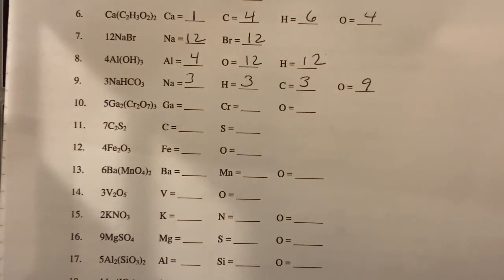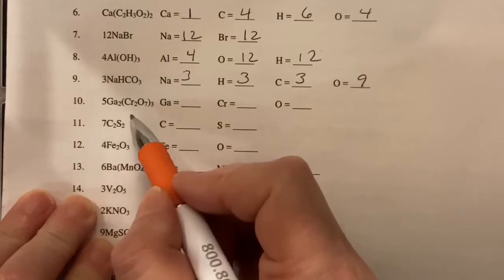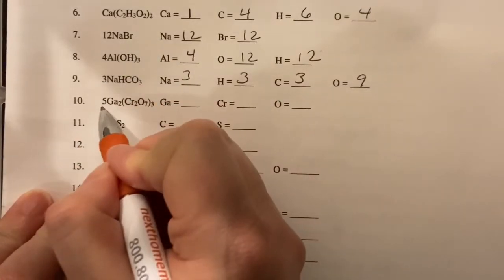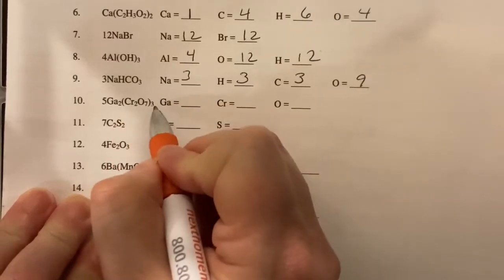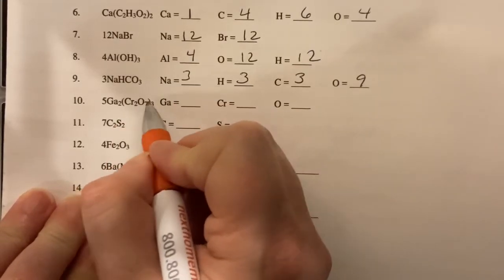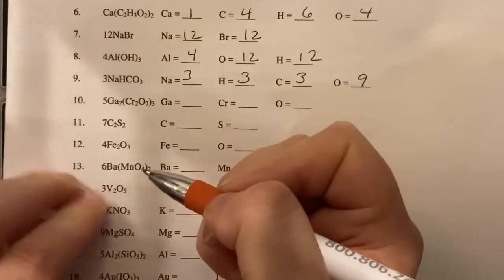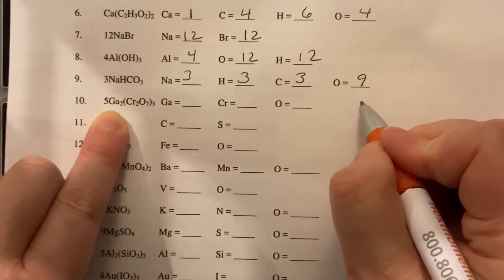All right, let's do some counting atoms. I've already started this worksheet from your homework, but let's see where I left number 10, because number 10 has a lot of items going on. There's a coefficient, which goes through everything. And there's also a 3 after the parentheses, which means that 3 only relates to that set there. Okay, so I can rewrite this as